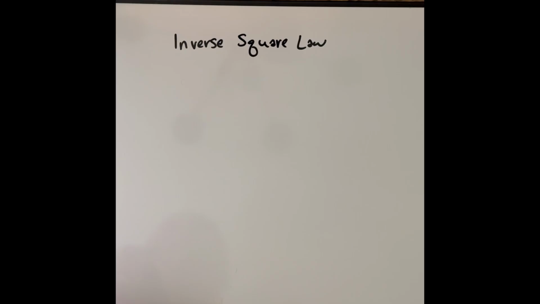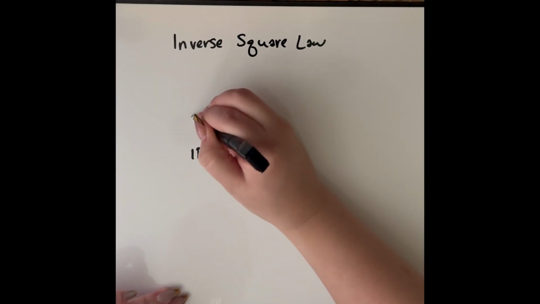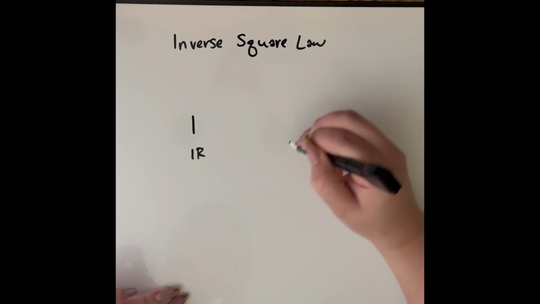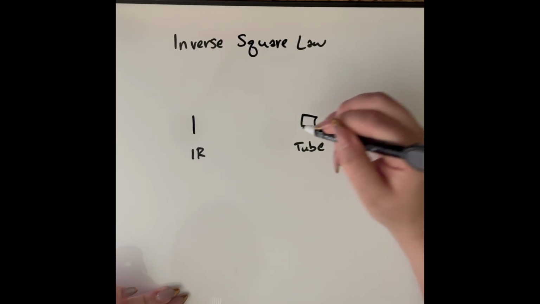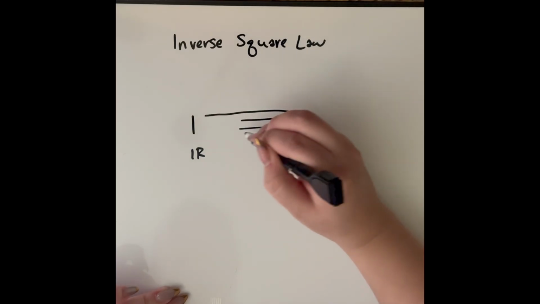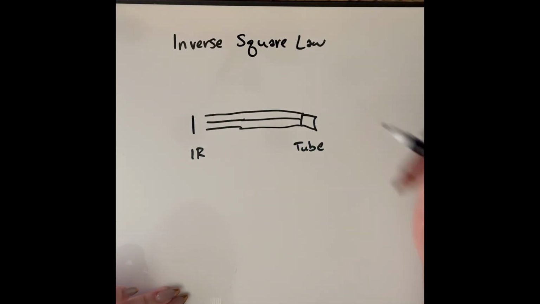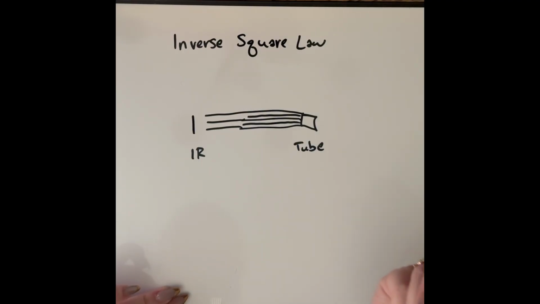Last week I said inverse square law is the way we apply distance and our intensity. The intensity is going to be how many X-rays essentially are hitting our image receptor. So if this is our IR and this is our X-ray tube right here, we know what an X-ray tube looks like, and our X-rays are traveling towards our IR. The further away our X-ray tube is, the less of our X-rays are actually going to make it to the